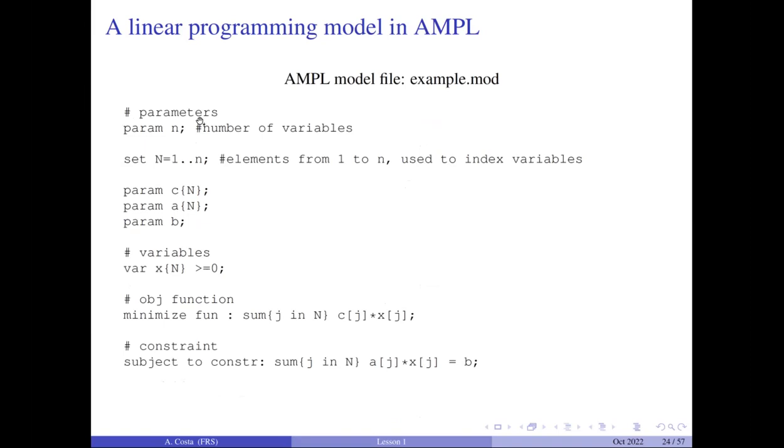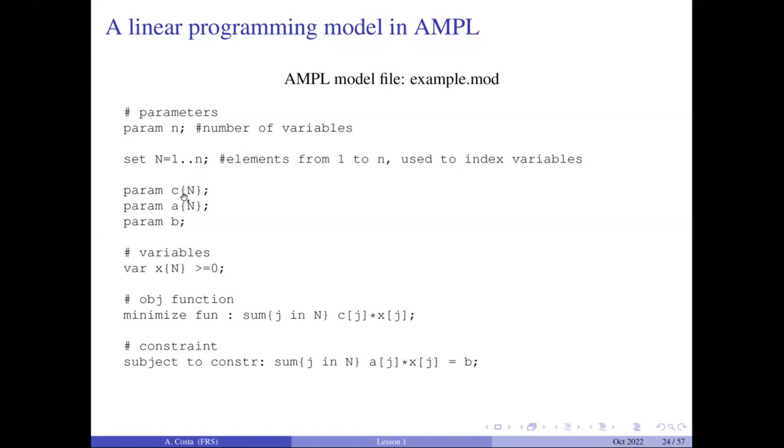Okay, so it's not really a command, it's just text that you write to explain what you're doing. So in this case, for example, we define a parameter n that is the number of variables. In this case, we have 2 variables. Why we do that will be clear in a few minutes. We then define a set capital N. This 1 dot dot n means all the integer numbers 1 to n. So if n is equal to 10, this set will be 1, 2, 3, 4, 5 up to 10.